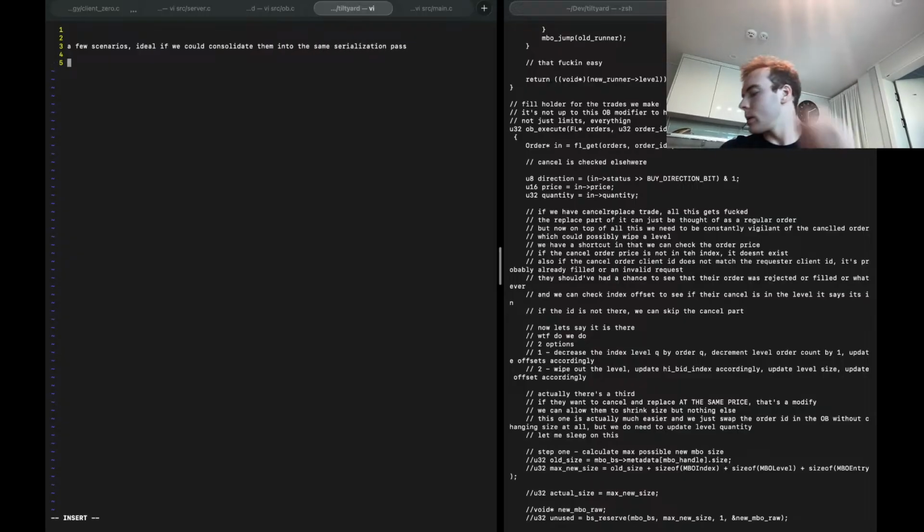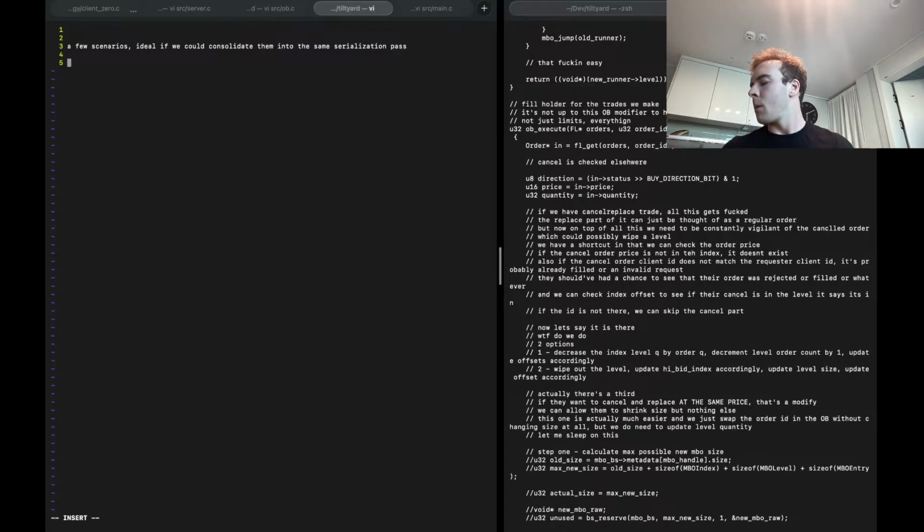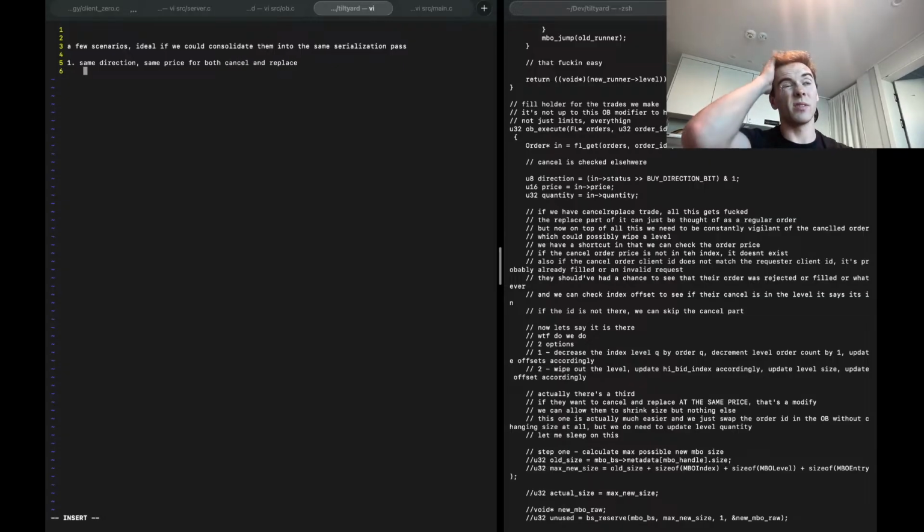So, looking at the cancel replace scenario, which is I think the most complicated of all orders, scenario 1 is going to be same side, same direction, same price, for both cancel and replace. In which case we have